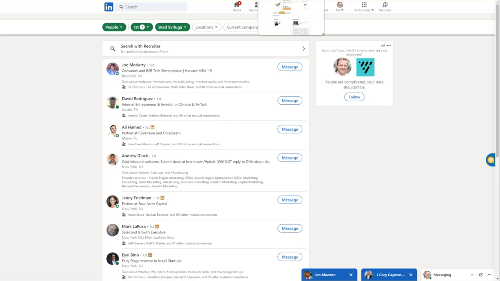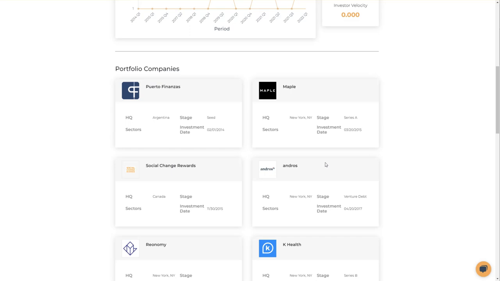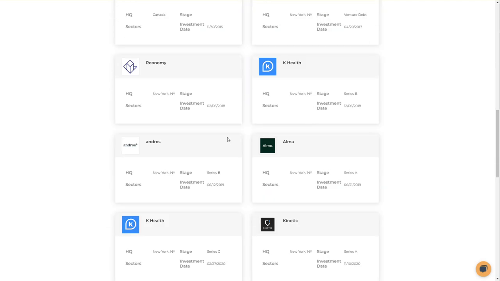The next best bet, if you don't personally know a direct connection to this VC, is to look at their portfolio. Now, we don't have 100% coverage in our data set of every single portco. We're working towards that, but it's not perfect. So you can look at who these companies are, and maybe you recognize one of them, maybe you know one of the founders or have a way to get to know them. So what you can do is look up these companies,